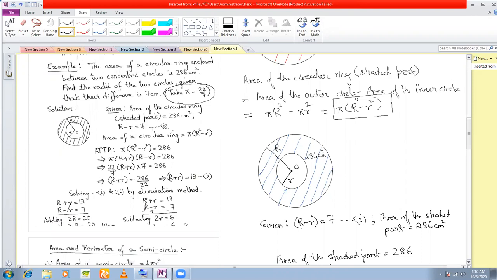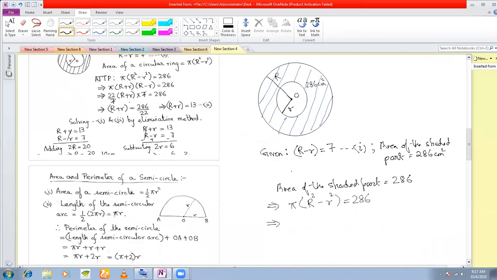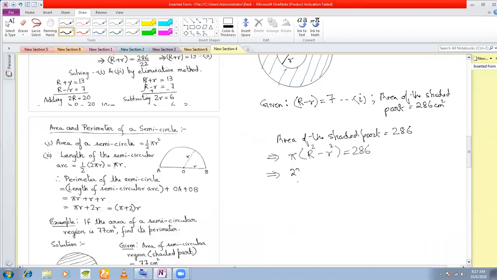Although the values are same, yet if in the problem it is given to you, remember this very carefully, that if it is given to take the value of pi as 3.142, you will take it as 3.142. You will not take it as 3.14 or 22 by 7. If it is given to take the value of pi as 22 by 7, you will not take it as 3.142 or 3.14. You will take it as 22 by 7. Okay, remember this. So since it is given, we'll take 22 by 7.